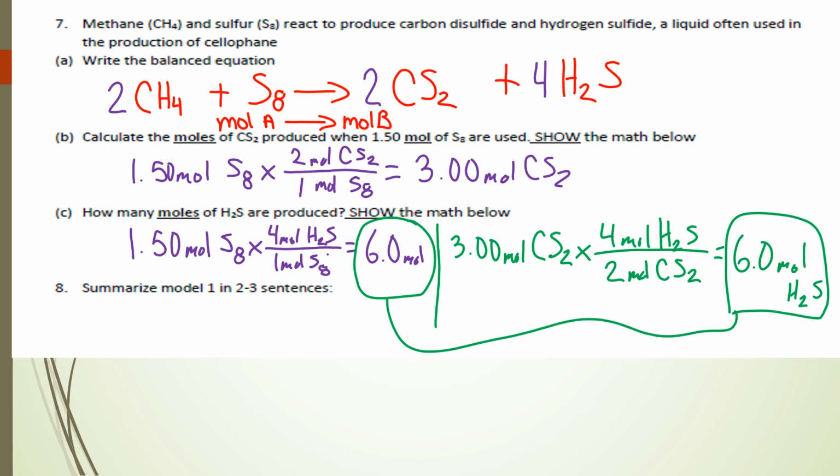I'm going to put 2 moles of CS2 on the top because that's my coefficients. Sorry, 1 and 2. So 1.5 times 2 into 3 sig figs is 3.00 moles of CS2. All right. Now, part C didn't actually give you a given, but what I want to show you is